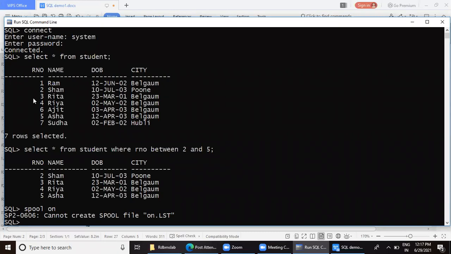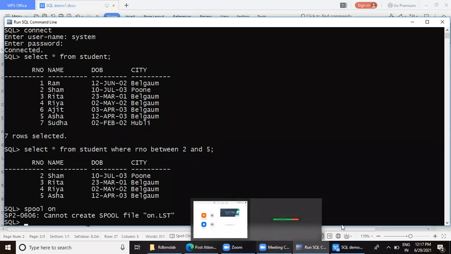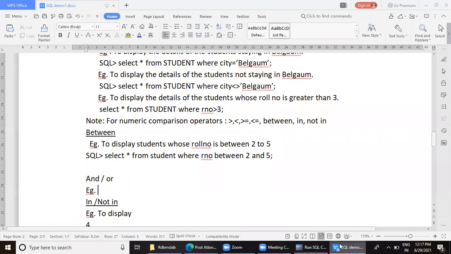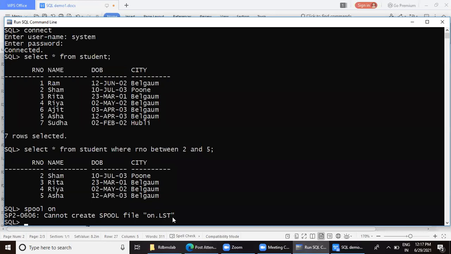Okay, I can take this example: display the students who stay either in Belgaum or Hubli. So I can use the or operator here like this.